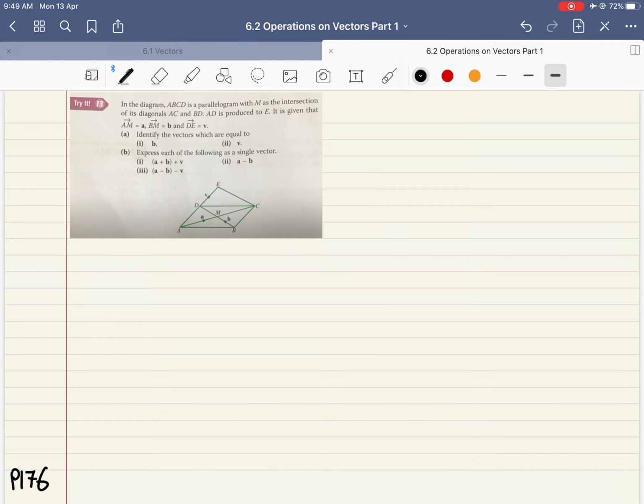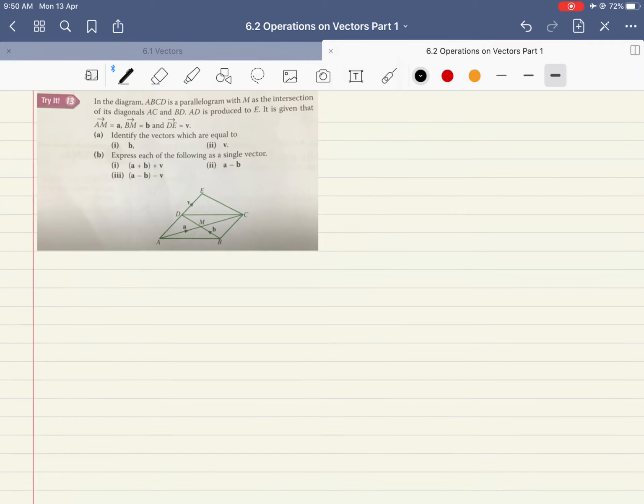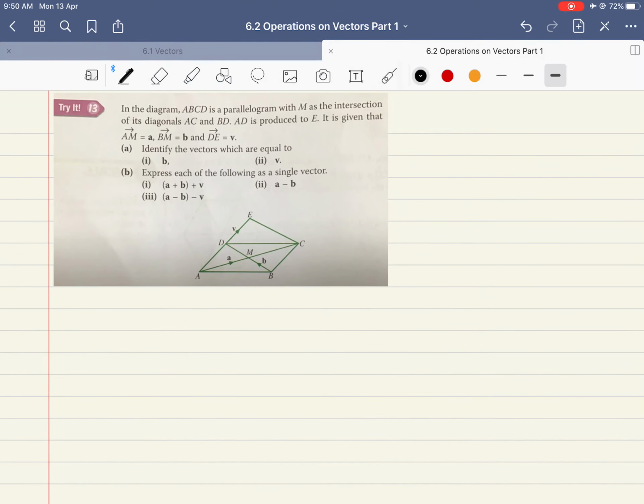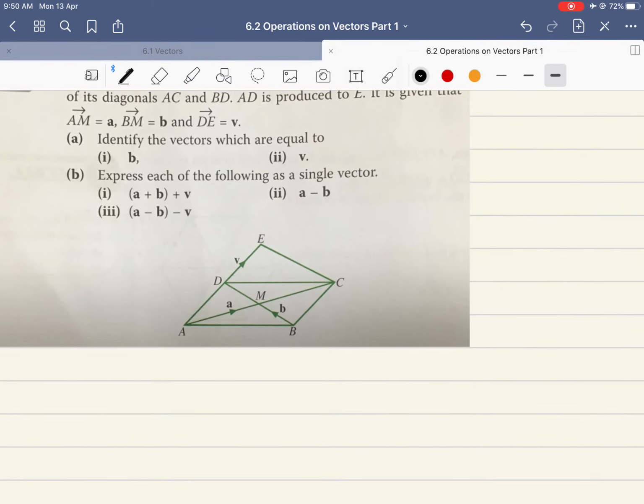Now we are on page 176, which is try it 13. These are the kind of questions that will be more common, especially for vectors itself. So now let us begin. Identify the vectors which are equal to vector B and vector V. So now let us look at the question here. So vector B,